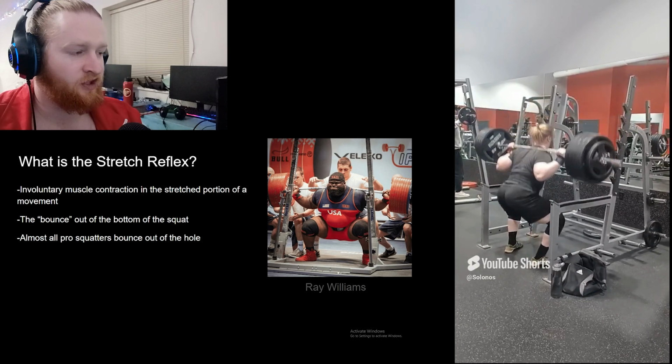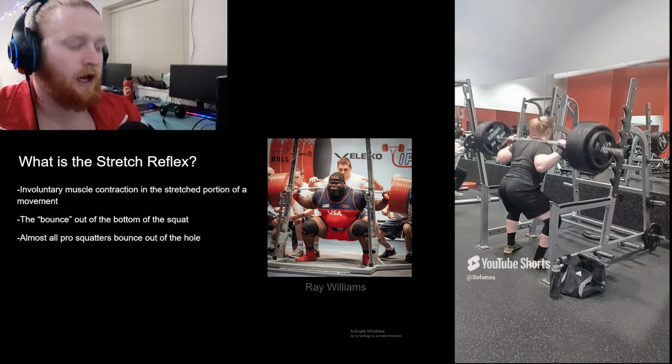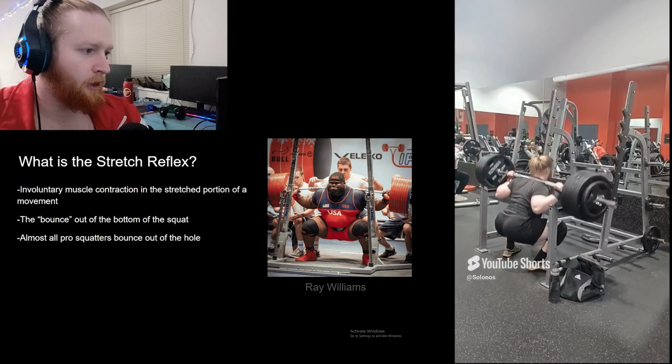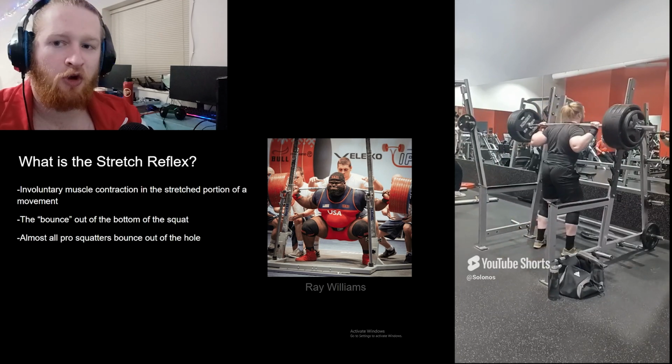The bounce out of the bottom of the squat is what we're going to be focusing on here. And almost all pro squatters bounce out of the hole. You'll see Matt Vina talk about this a lot. Here we have Ray Williams performing his world record squat on the right here. You can look at any video of these pro squatters and they are explosive out of the bottom of the